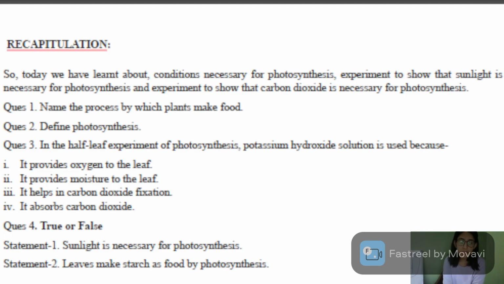In this, the plant will intake sunlight, water, and carbon dioxide, and certain parts of the plant, that is chlorophyll and stomata, are required for the process of photosynthesis. And in this process, in turn, oxygen and sugars, that is starch, will be produced in the end. That is all about the process of photosynthesis. And the third question is, in the half leaf experiment of photosynthesis, potassium hydroxide solution is used because,